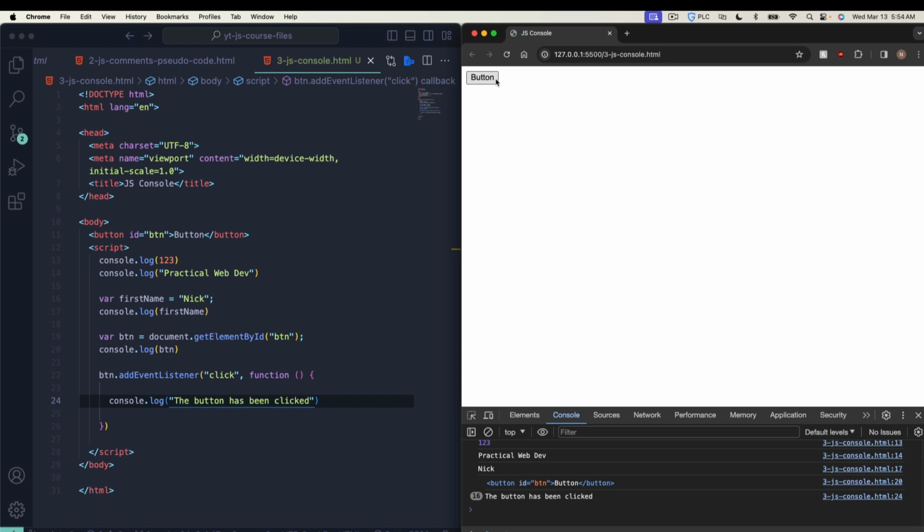Okay. And that's how you know you're getting the button. So a lot of times when you're building a project where, let's say, when somebody clicks a button, it checks if they have the right email address, like in a form. As you're building that function, you'll actually want to be using the console.log to make sure that the button is being clicked correctly, because you don't want to write this code